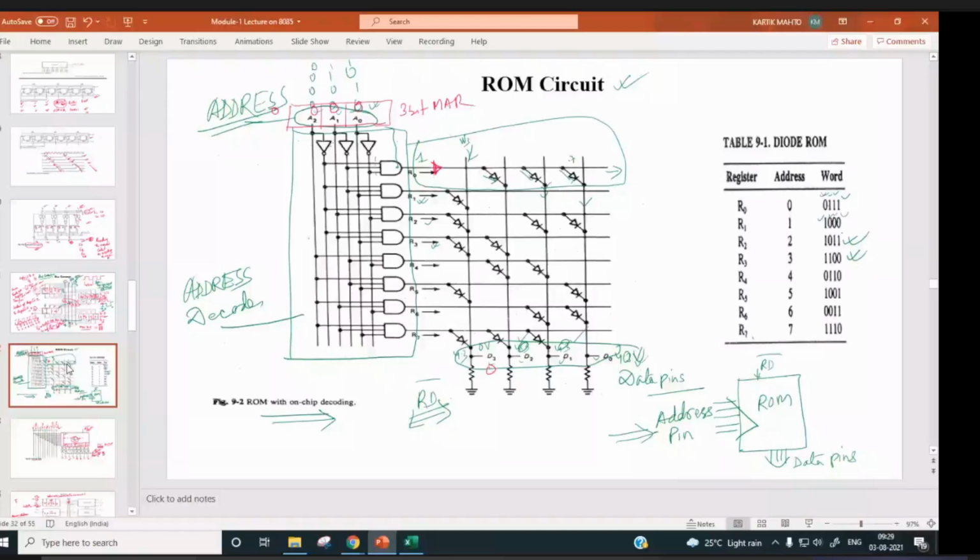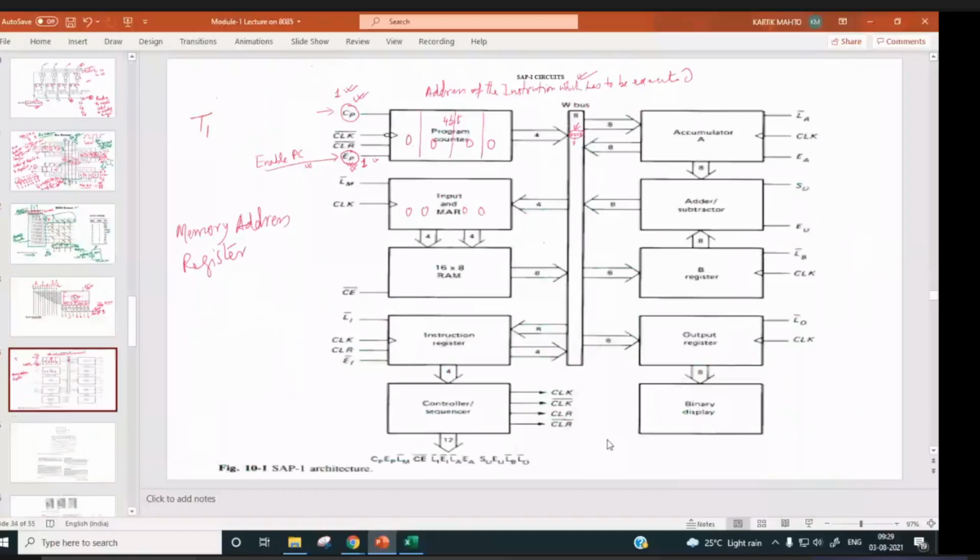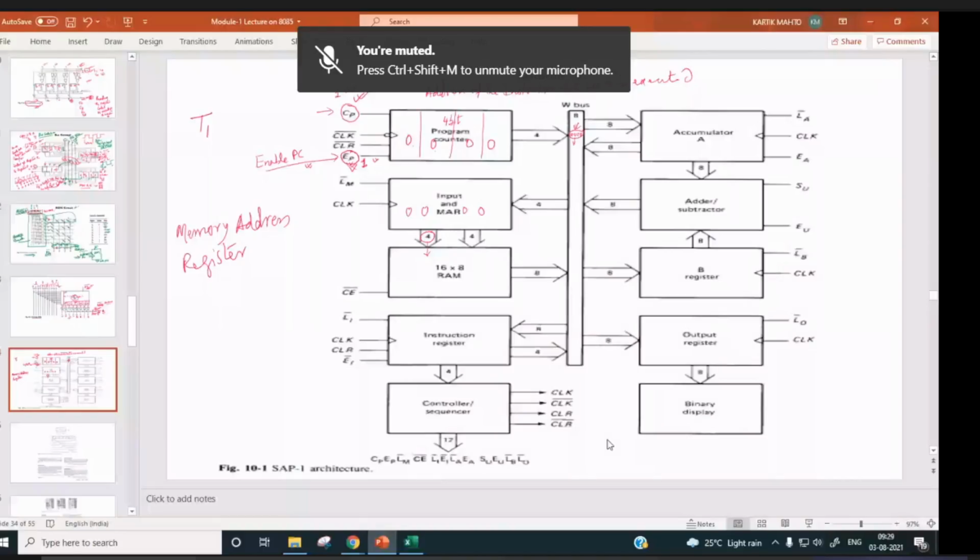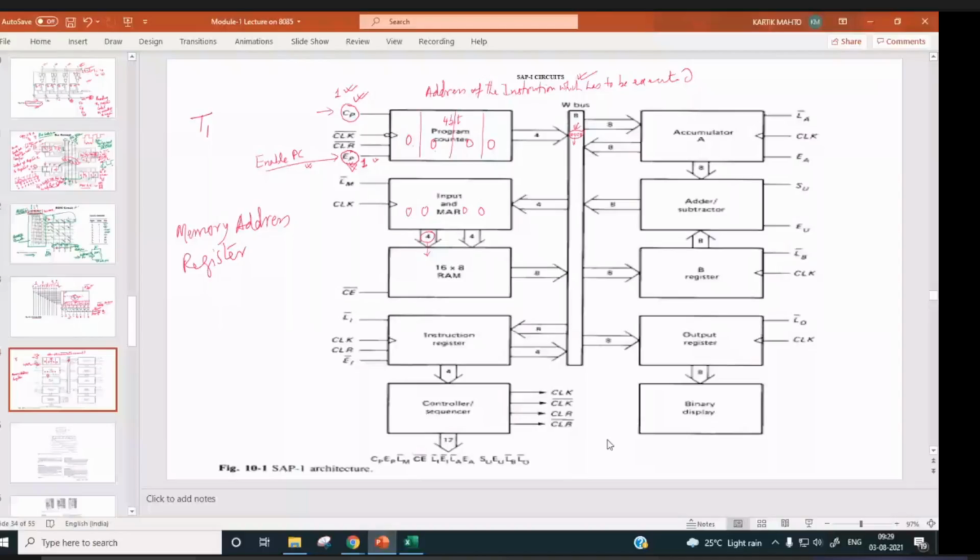So here you can see we have a 16x8 RAM. This 4-bit address will come into this, where it will be decoded, and it will point to the different locations in the 16x8 RAM. The first location will be L0, L1, L2, and similarly it will go up to L15, location 0 to location 15.